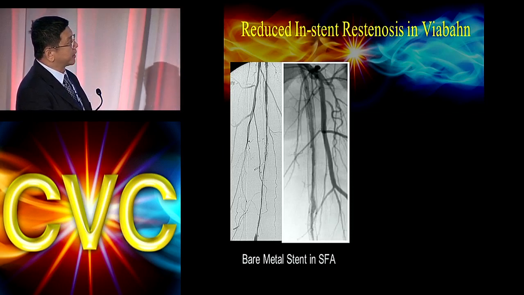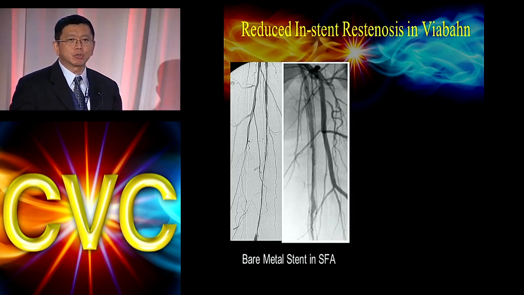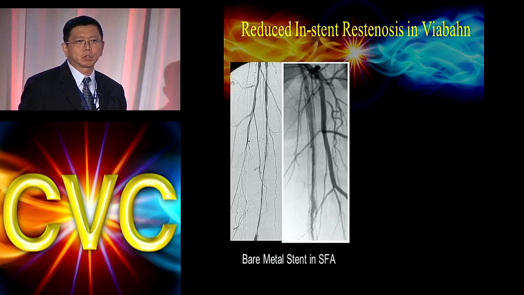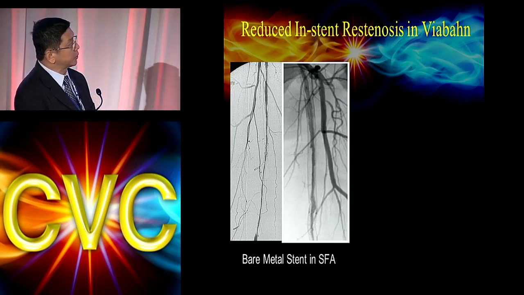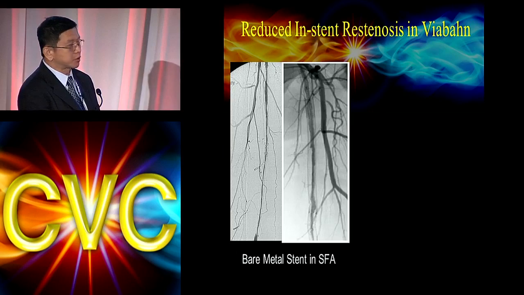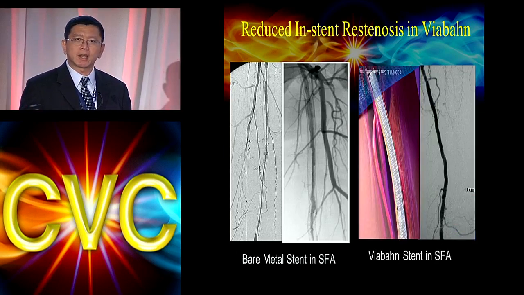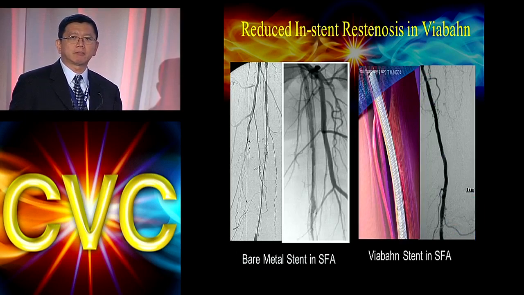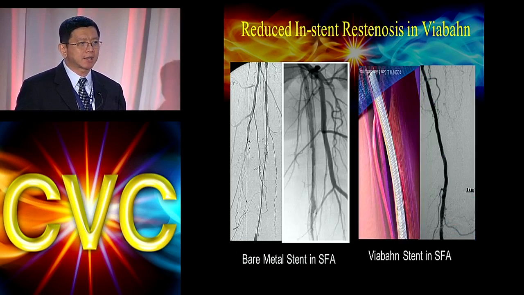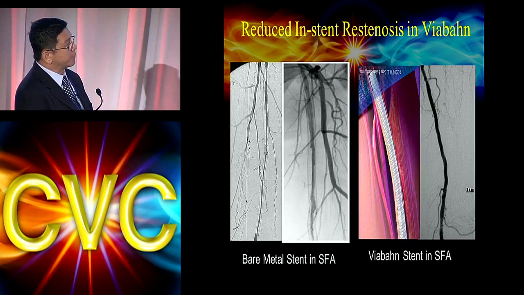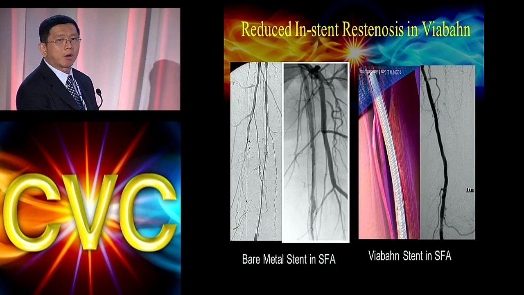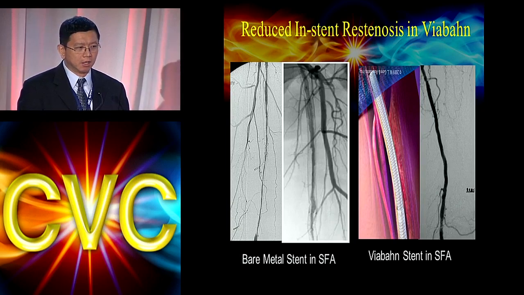So with that said, this device also has additional benefits because, in contrast to a bare metal stent, when you put a bare metal stent in the SFA, the continual interaction between the blood and the atheromatous plaque can lead to intimal lining development due to smooth muscle cell proliferation. By placing a covered stent, you create a barrier allowing the PTFE to separate the blood from contacting the atheromatous plaque. And over time, you still get continual blood flow, in part because of the blood barrier provided by